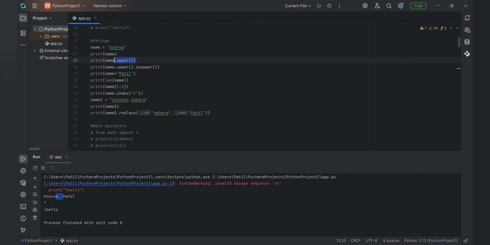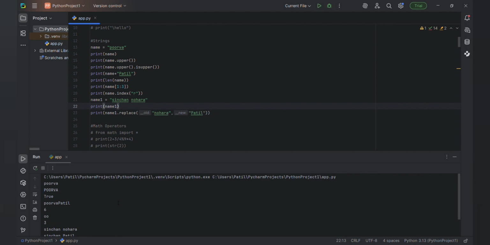In Python, there are some special functions for strings. If you want to convert this Purva into upper case, let me run this so you can understand that. Here it will print this in uppercase. See, name dot upper means it will print that in uppercase. And the next thing is, if you want to check whether it is upper, here you can use two in one statement, two special string functions in one case.